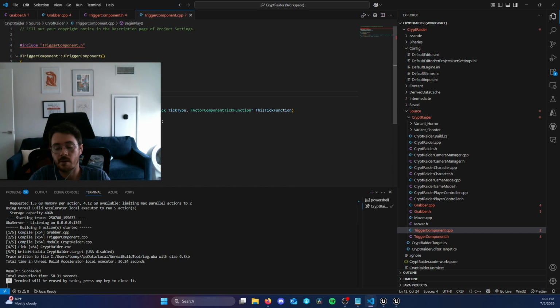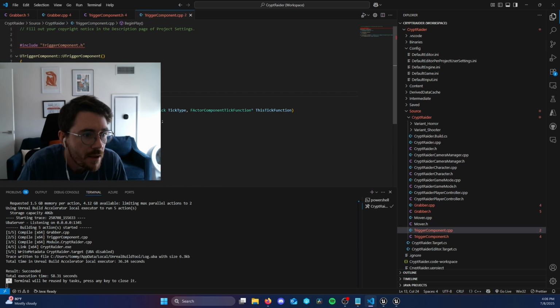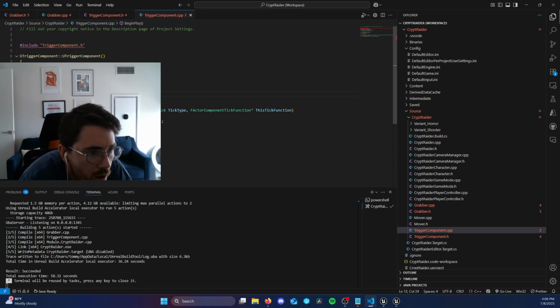So I want to revisit the documentation of the UPrimitiveComponent, because what I'm looking for here is a function called GetOverlappingActors. And if you have a look at the GetOverlappingActors function, there's a couple of versions of it, but the one that's most interesting to me is the second one. It doesn't have a return value, it's a void return value, but you can see that the first parameter here is a TArray of actor pointers with an ampersand at the end, meaning that this whole thing is a reference to a TArray. Now notice it's not a const reference, so we can assume that this parameter is actually an out parameter. It gives us the result of the overlapping actors, and it tells us which actors are currently overlapping